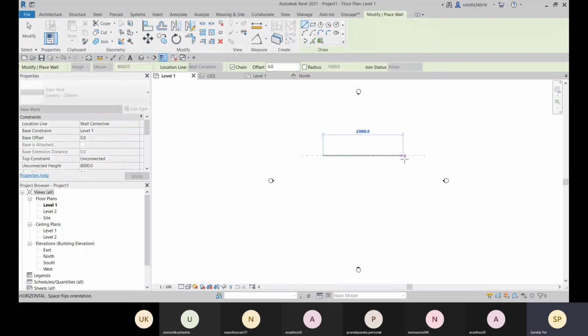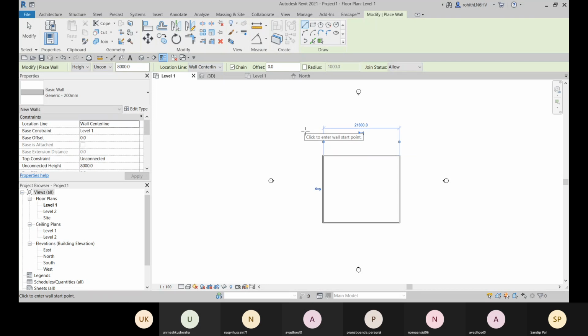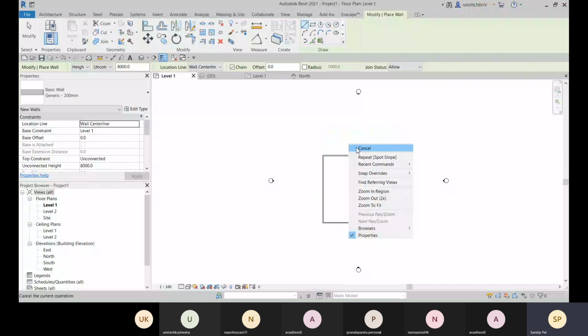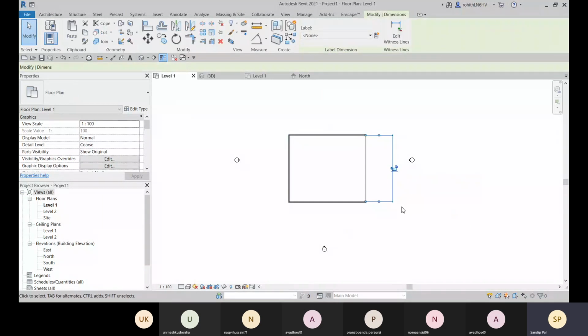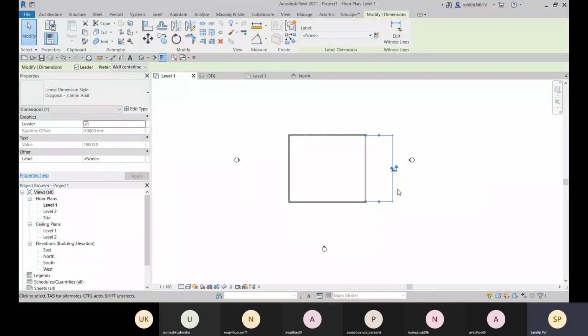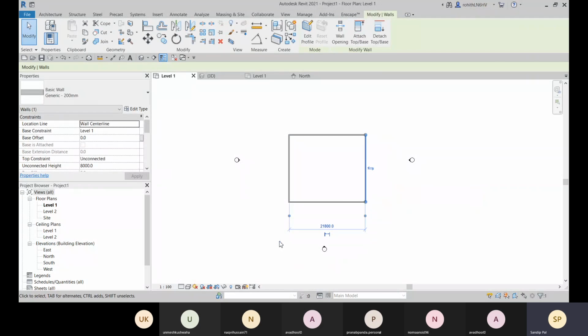Go with this wall, and these are called your temporary dimension. You can convert this temporary dimension also. When you select any object, you get this temporary dimension and here you have this symbol. If you click on this, you can convert it into a permanent dimension. Right now this is the permanent dimension. You cannot convert it back to a temporary dimension, so for that you just delete it. When you select this object again, you will get that temporary dimension.